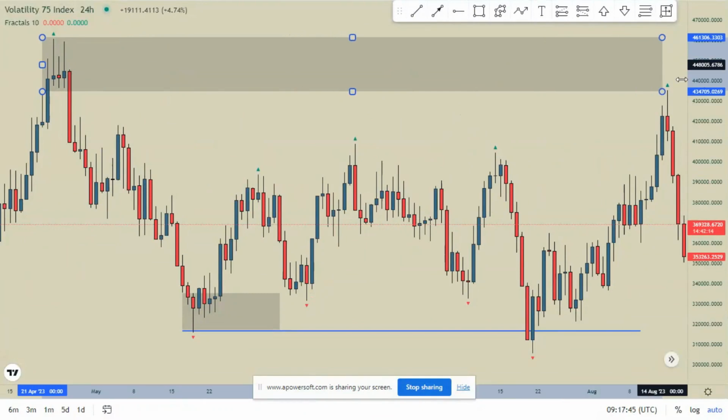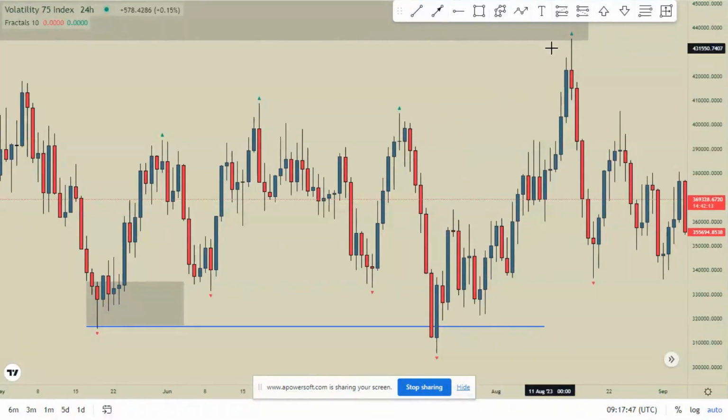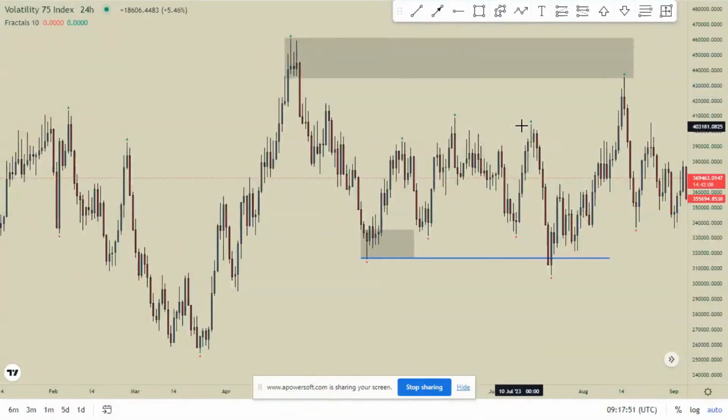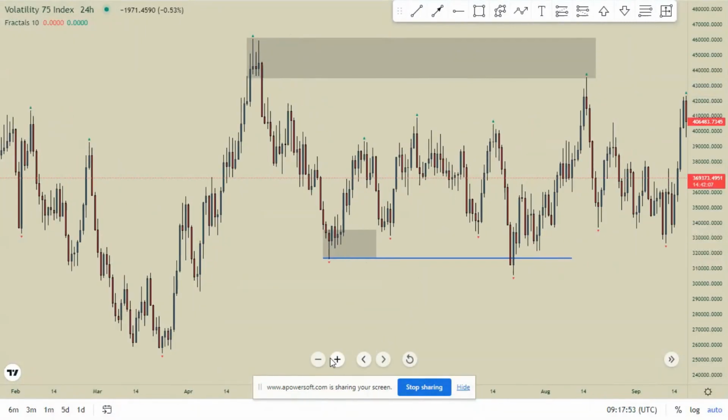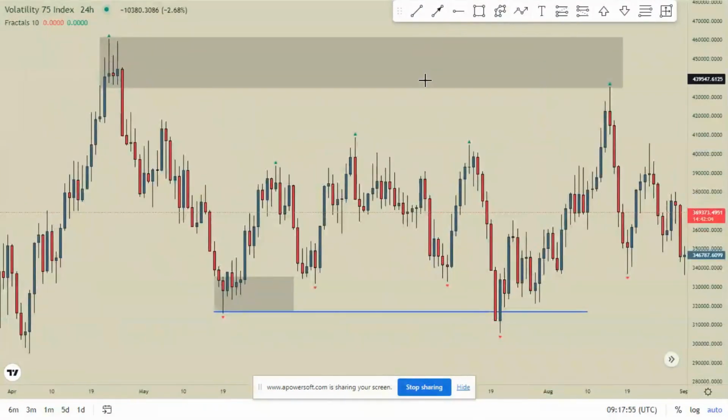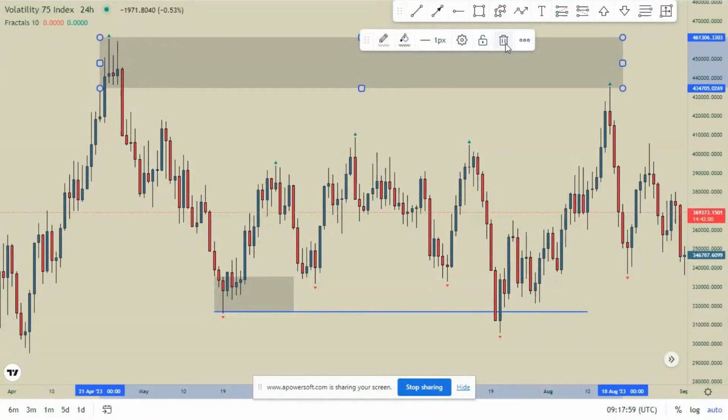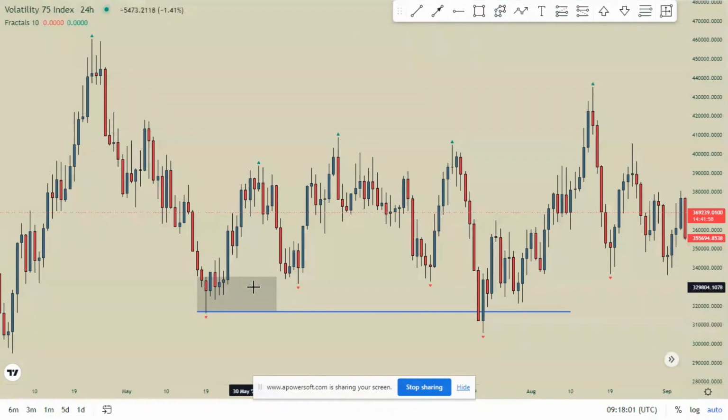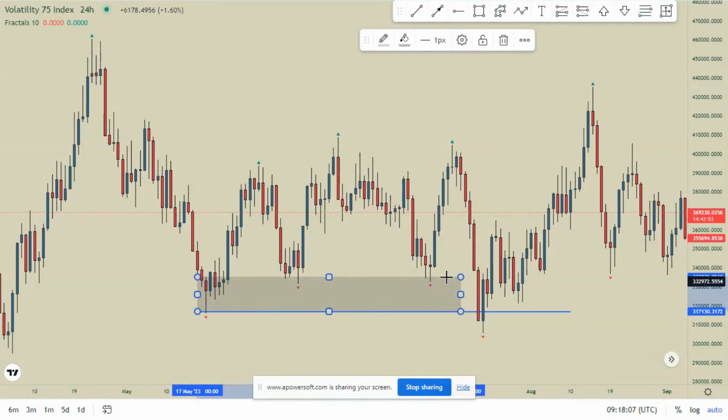As we shall see later on, many times price can come and tap there and then it drops again. But we are not so much interested in that zone for now. Let's get back here. So now, when price approaches this zone,